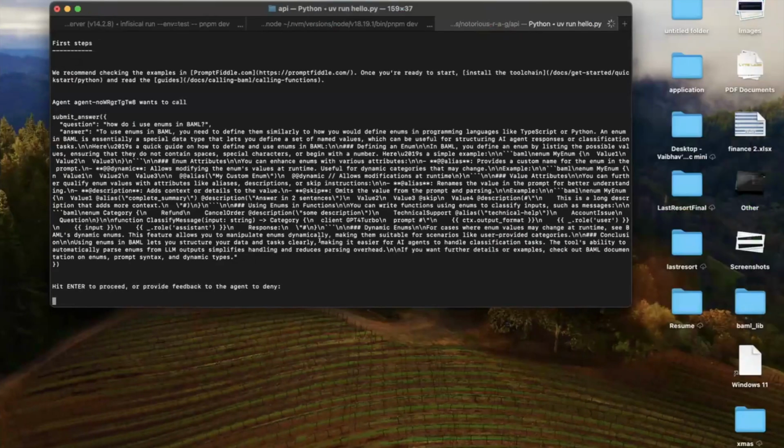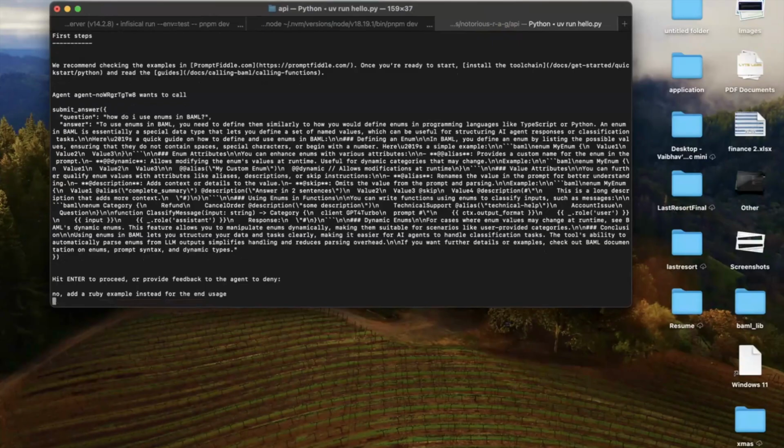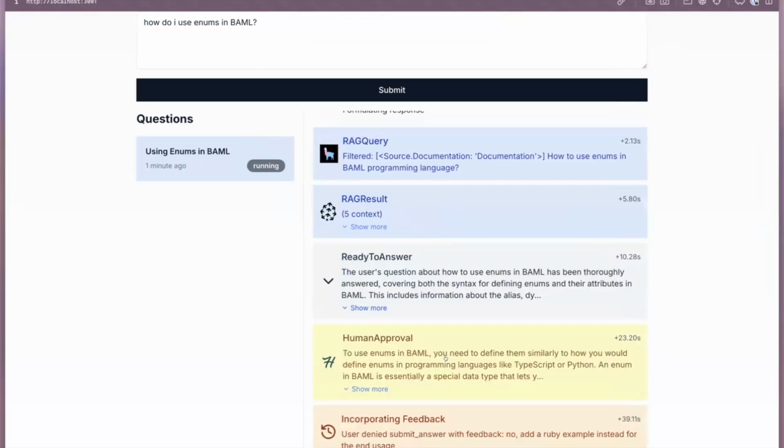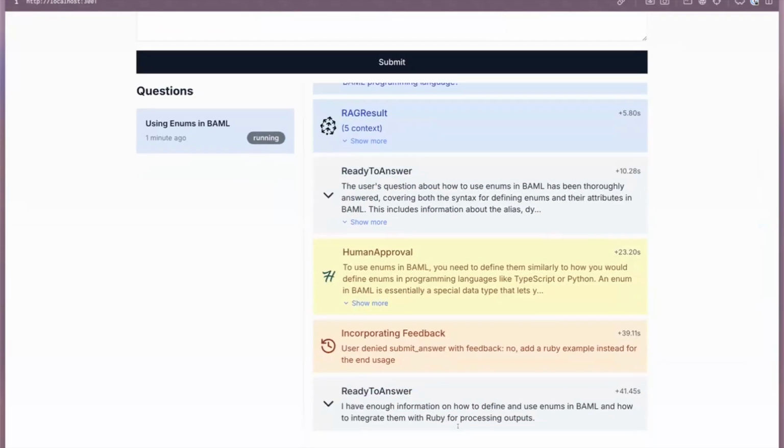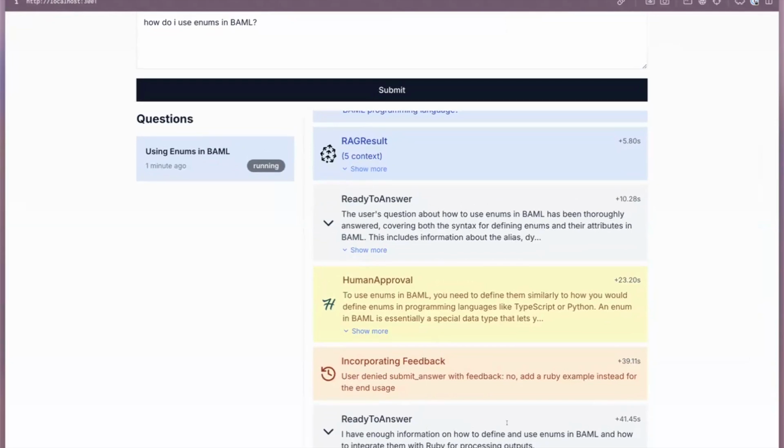And then I'll actually say, no, add a TS example. Well, let's use Ruby, because you can use BAML with Ruby as well. Add a Ruby example instead for the end usage. And then it's going to take my feedback and rerun the queries again. It's going to say, okay, I have enough answers to answer for Ruby. It didn't end up needing to look up bot again. And eventually when I say it's good to go,